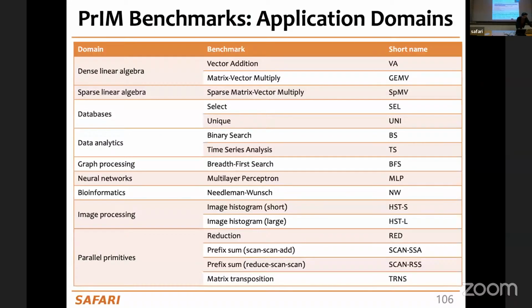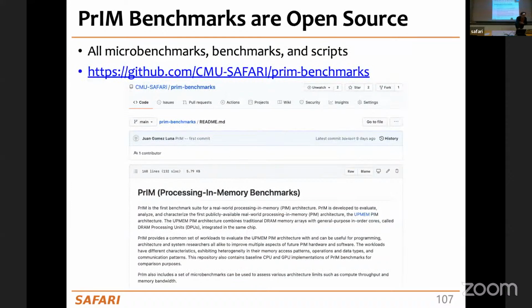This is a shorter version of the paper, and this is the whole list of workloads that we evaluated. We call this collection of workloads PRIM benchmarks. PRIM comes from processing in memory, as you can imagine. And as you see, the workloads are from different fields like linear algebra, sparse and dense, databases, data analytics, etc. All the code is available, so if you eventually have access to a processing in memory system and can play with this, you can access our